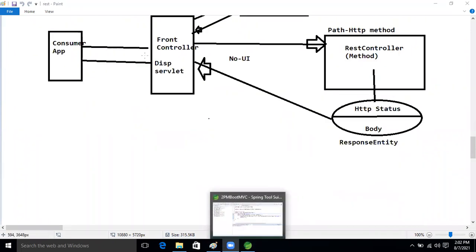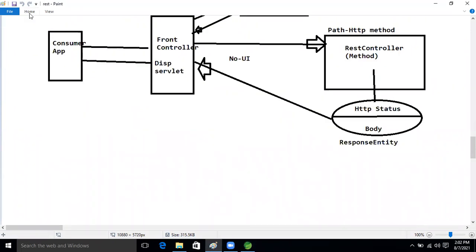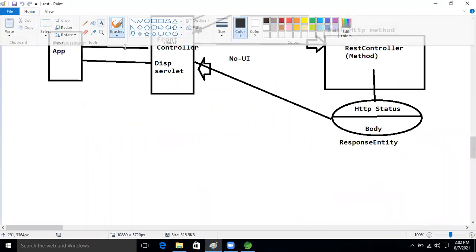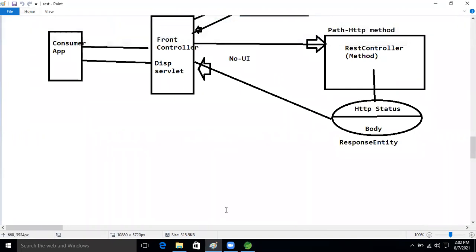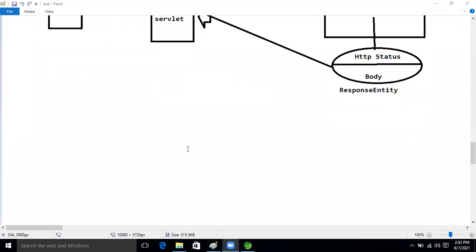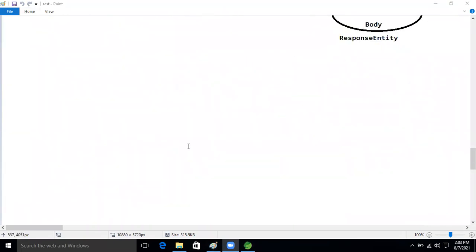Okay, so let's install the Postman, right? One testing client tool, which will test our REST API, right? It is the one that will make the request, because we know that on the browser we can make only one type of request, only the GET type of request, by clicking the link and using the URL, right?